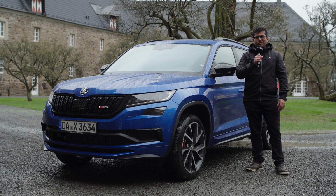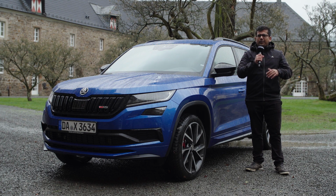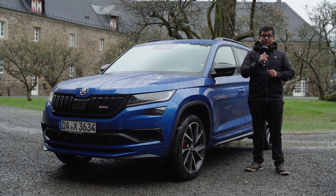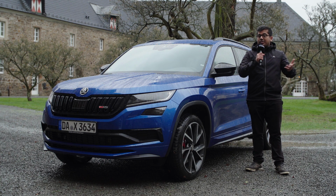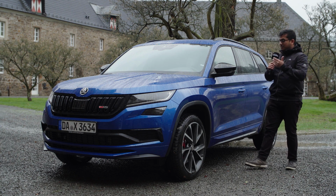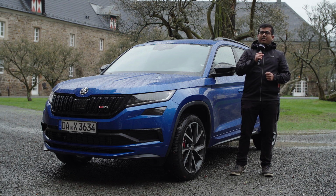Let's summarize today's drive of the Kodiaq RS. By the way, after I finished that highway segment, I did reset the trip meter, and even though I drove for only about 10 kilometers after that, I saw numbers around 6 liters for 100 kilometers, which might not be realistic in a combined cycle, but is a great indication of the mileage that you can expect from this engine on the highway. So that brings me to my overall takeaway from this car, and that is